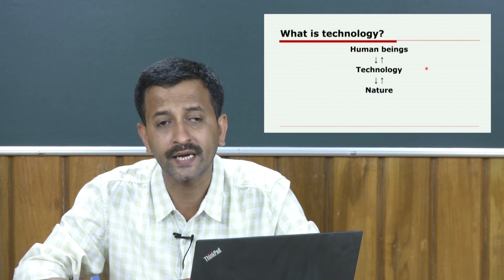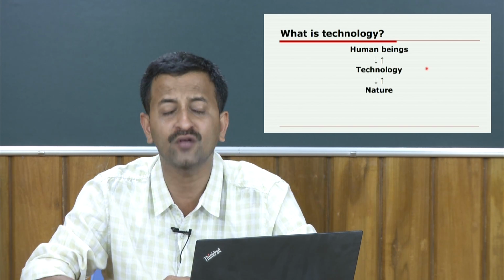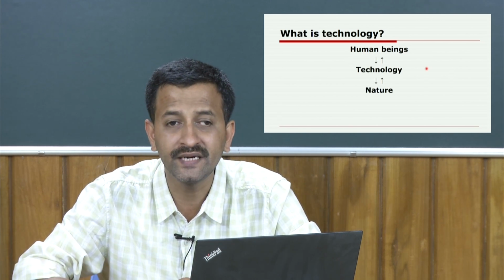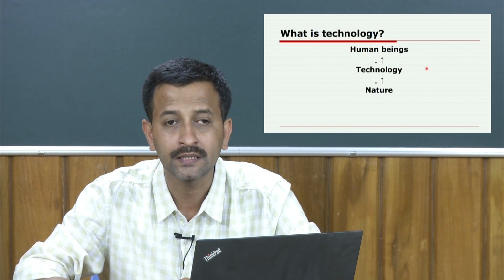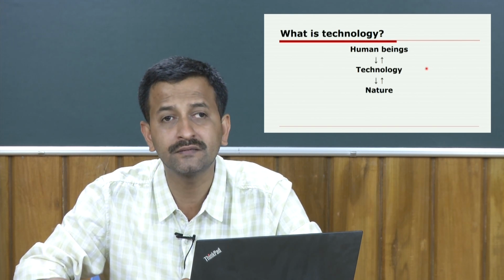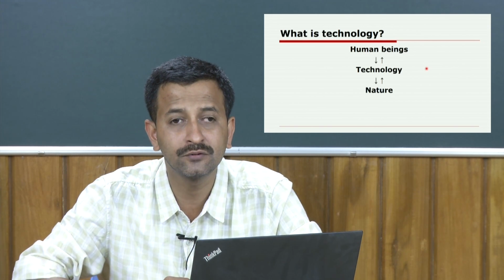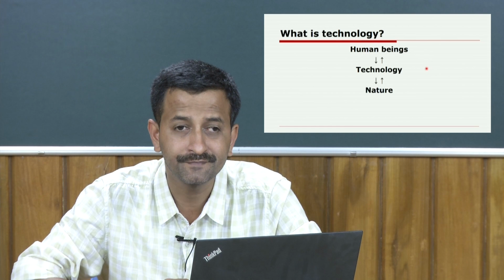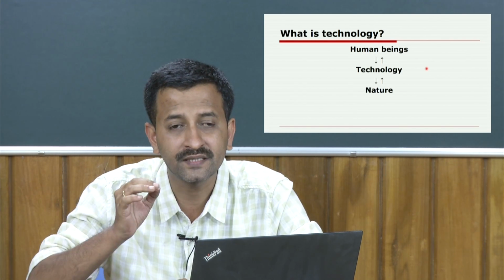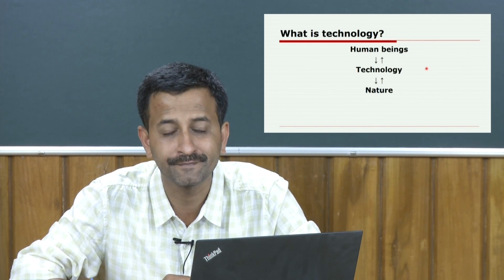Okay. Then what is a technology? Technology, if we look at it from the vantage points of historical sociology, political economy, philosophical anthropology, then we always find that technology is the medium through which human beings interact with nature. When I say nature, it includes both natural and social phenomena. This is the perspective that I am using, drawn from historical sociology, political economy, philosophical anthropology.